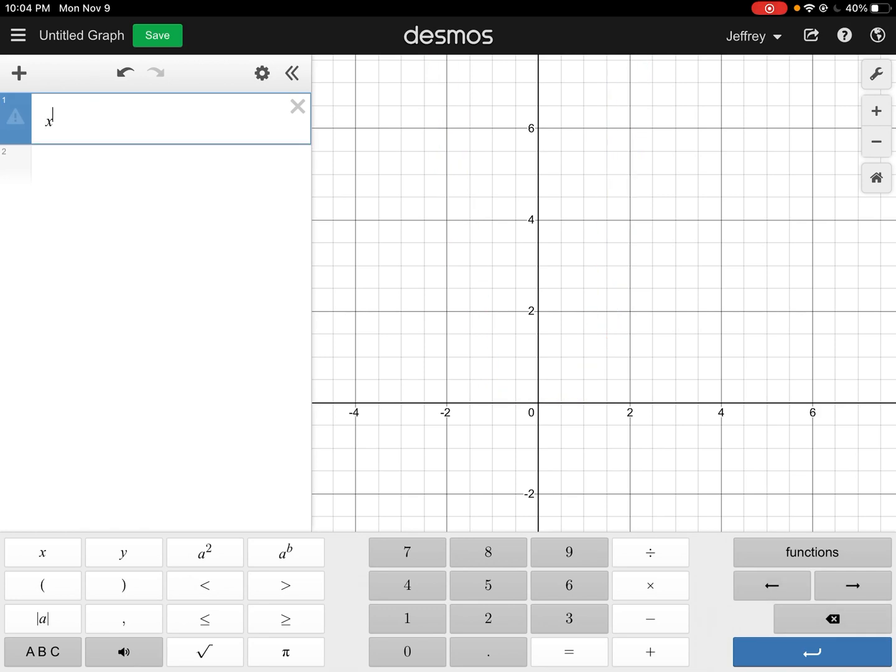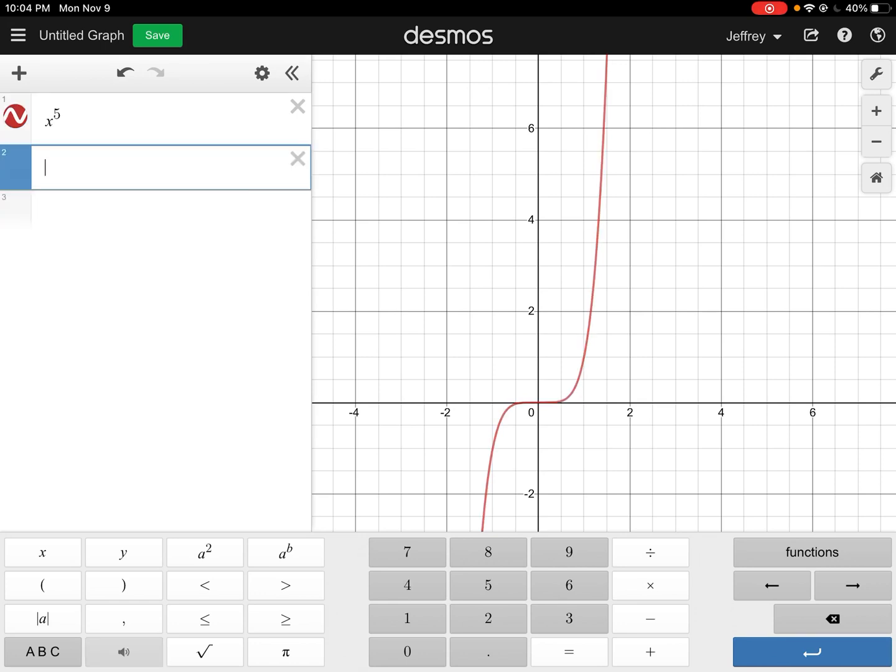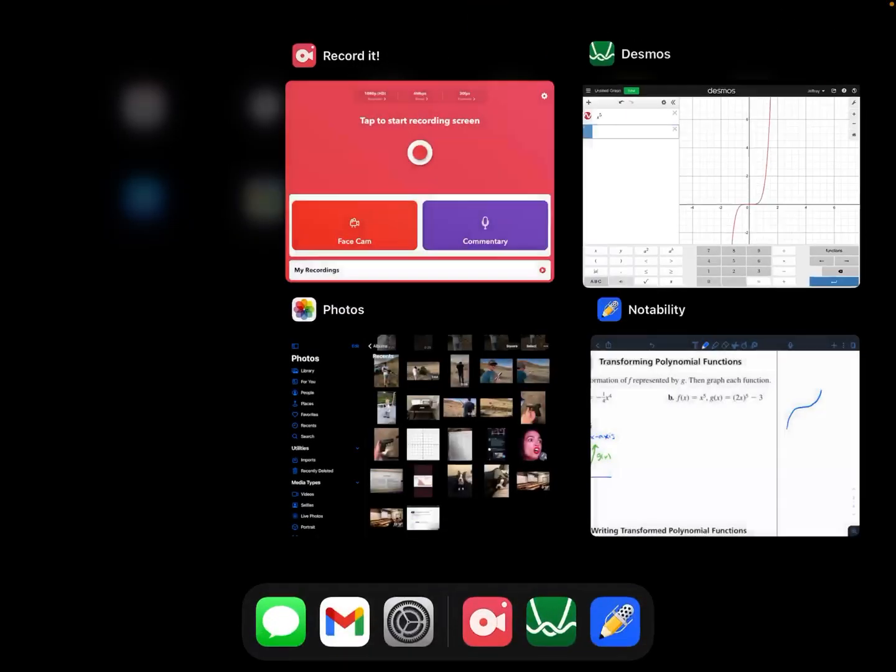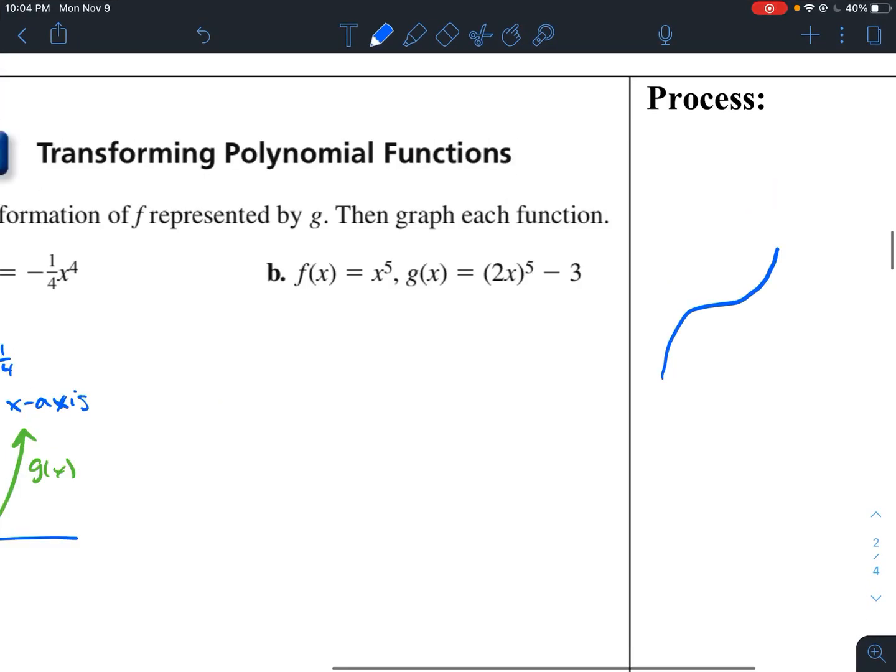Okay. So change that to the 5th. So you can see that it looks more, again, something similar to x cubed. However, you can see that's what it looks like. So the blue is x cubed, the red is x to the 5th. Alright, and then the transformations, if we were to describe,